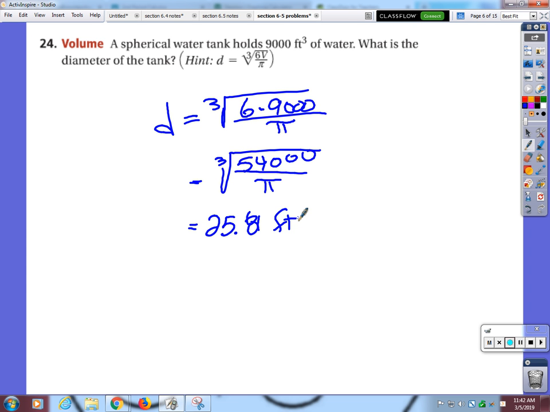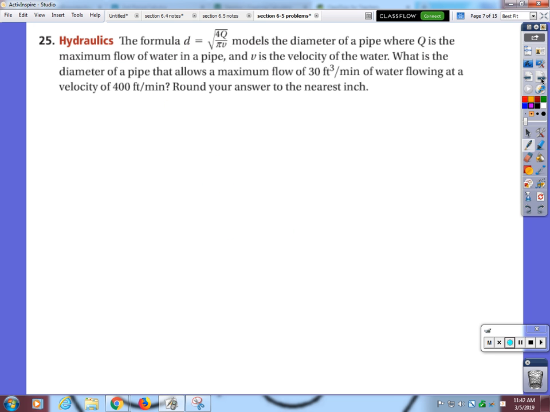All right, let's say once again you're working for the water department. This time you have to put some piping in somewhere, I don't know where, and you want the maximum flow of the water to be 30 cubic feet per minute, and you want the regular flow to be 400 feet per minute. And so again, you need to figure out what the diameter of the pipe is that you need